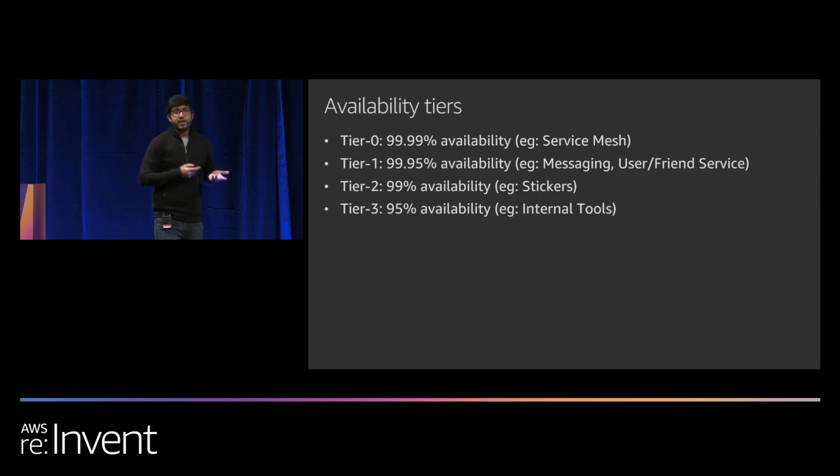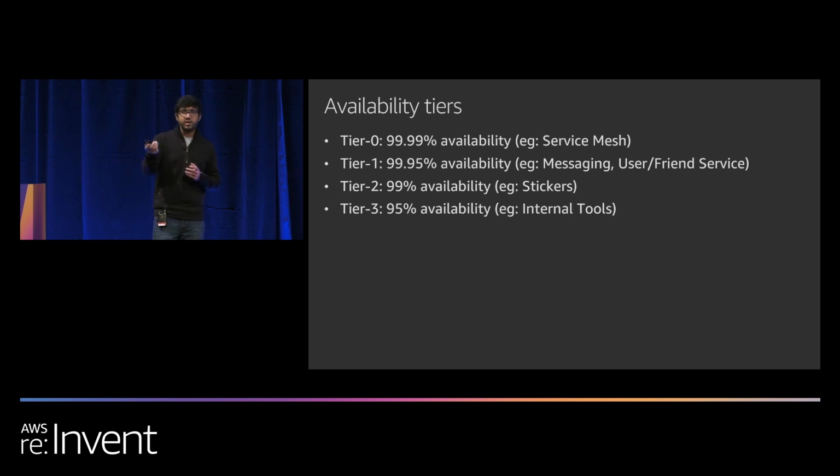So at Snap, we divide our services into various tiers. I think Harsha alluded to this as well. At the lowest tier level, we have our infrastructure layer components. These are things like our service mesh, without which almost no services at Snap would be able to operate. At tier 1, we have our services that are needed for our critical user flows, like sending messages, sending snaps, posting stories. And so we have messaging as well as our user and friend services in that tier.